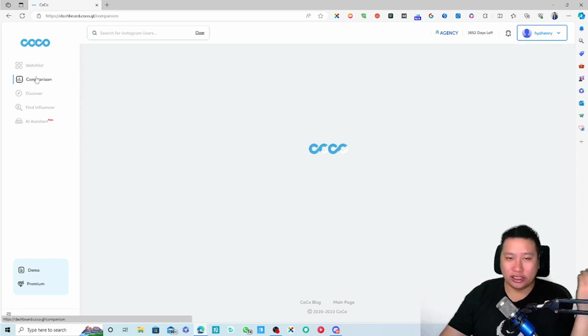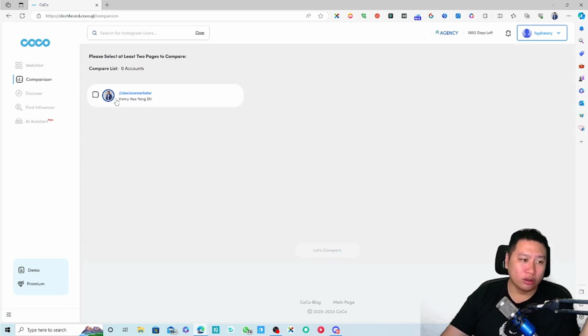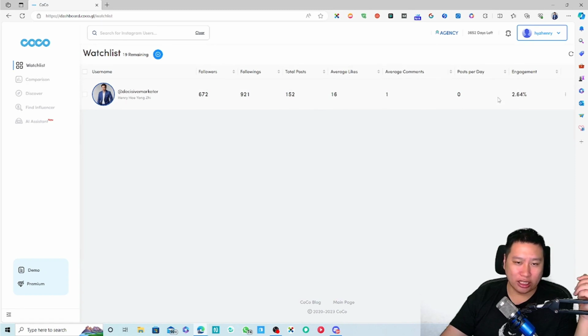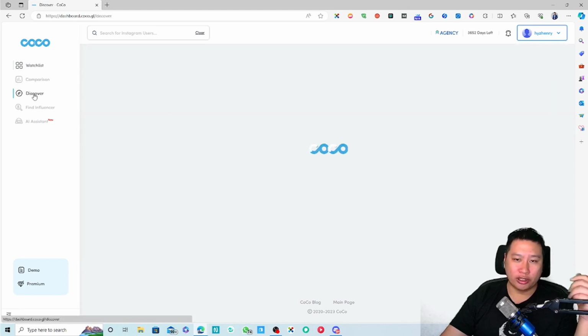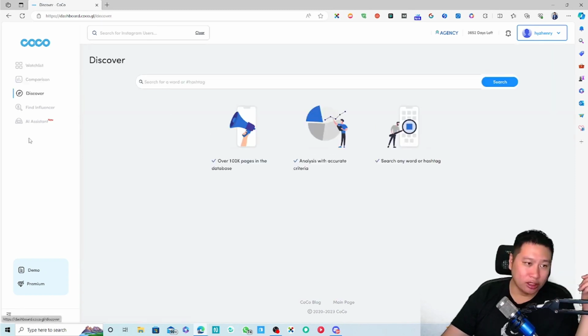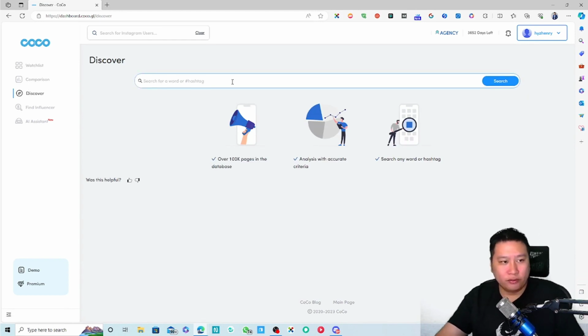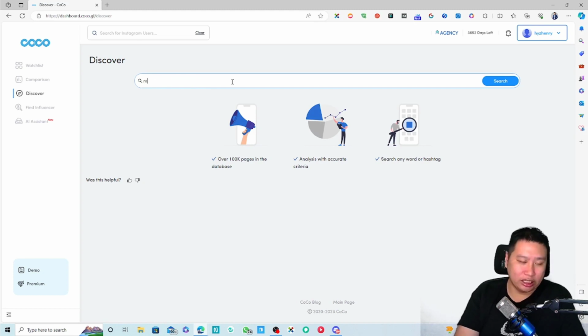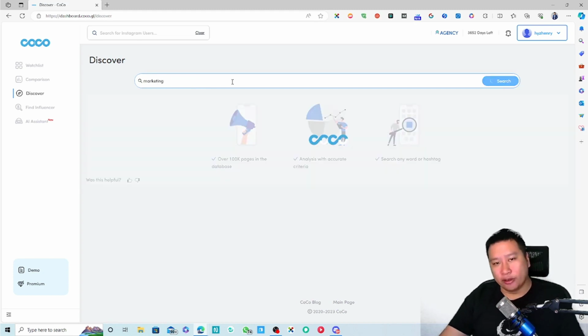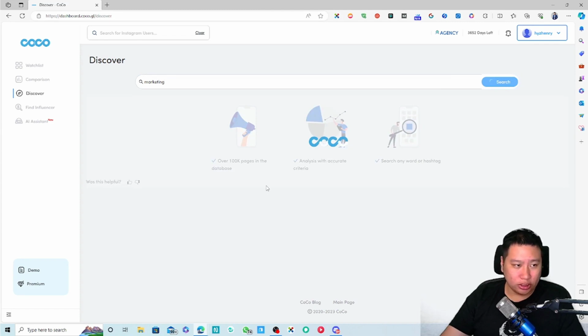Then of course, if you have the agency plan, you can do a comparison, right? So you have multiple accounts, you can compare, which will be kind of the same data right here, but you're comparing the numbers, right? And then going down, you can discover certain things, right? Say, marketing. If you search for that, it's going to give you different pages and words or tags,